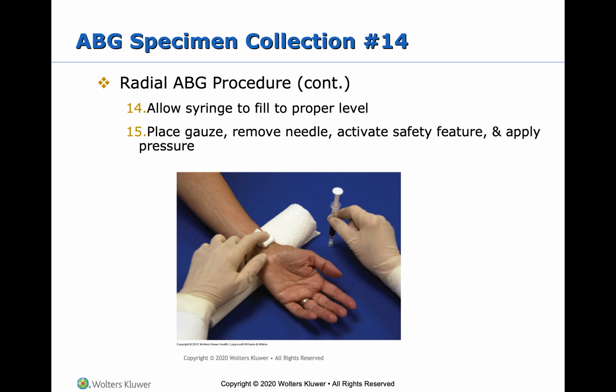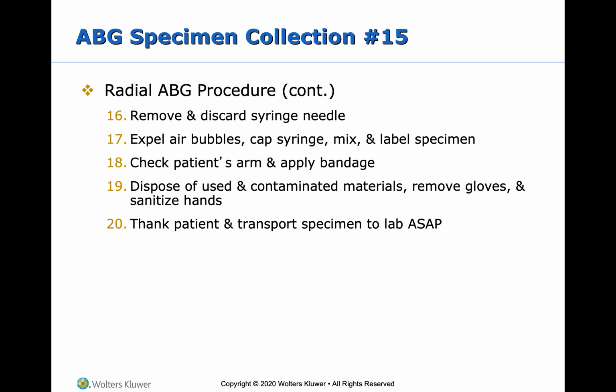You want to remove and discard your syringe needle and cap your syringe. Then expel any air bubbles from the syringe. Remember how I said that it can't be exposed to air since we're checking the oxygenation and ventilation status in the blood. You don't want it to be exposed to any air that could potentially screw up the results of the test. Label your specimen, mix it, check the patient's arm to make sure that it's not bleeding any longer,